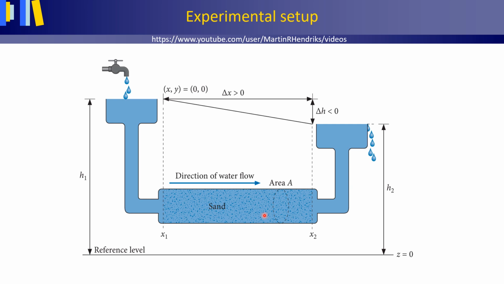Once equilibrium has been established and the water flow has become steady, or another word for this, stationary, the volume flux Q or discharge Q, which is the volume of water that moves through any vertical area A per unit of time in cubic meter per day, can simply be measured by collecting the water that spills over the receiving reservoir during a fixed time interval. Note that the area A is perpendicular to the water flow.